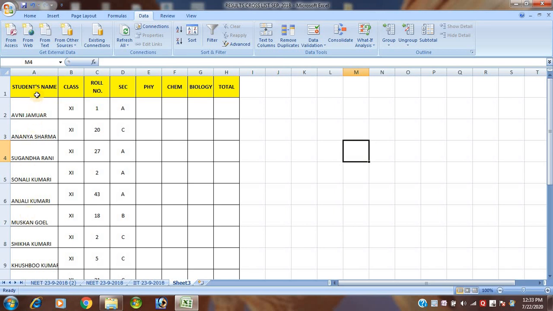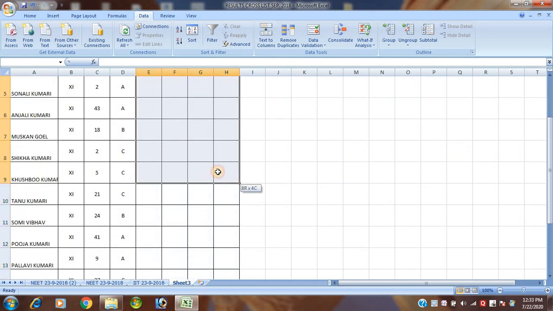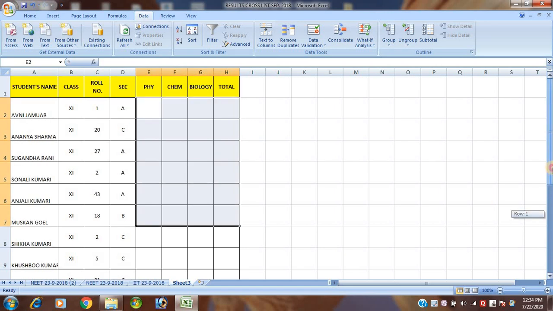The student name, class, roll number, section I have already inserted. I want to insert the data here. This is totally blank. Yes or no student? This is totally blank. I want to insert the data. If wrong information is there, then an error message will be displayed, otherwise it will be accepted.